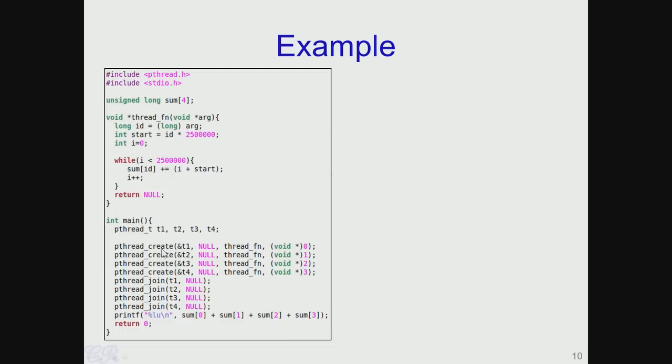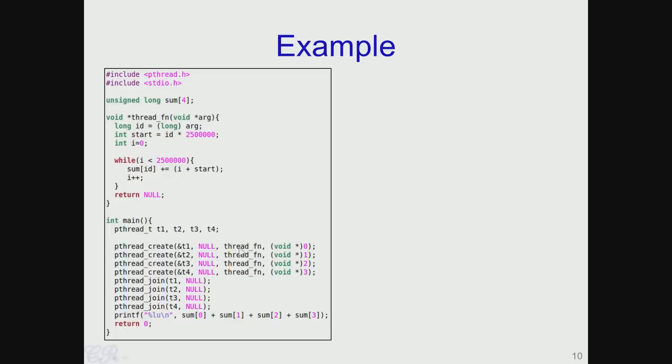Each of these pthread_create invocations would pass the pointer to one of these, that is T1, T2, T3 and T4, which then gets filled with the thread identifier or the TID of the newly created thread. The second parameter, that is the attributes of the thread, is specified as null,